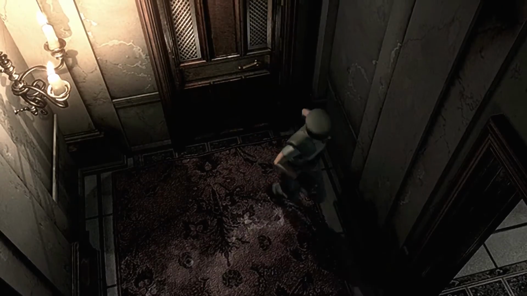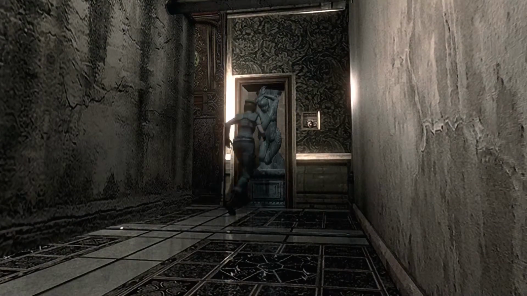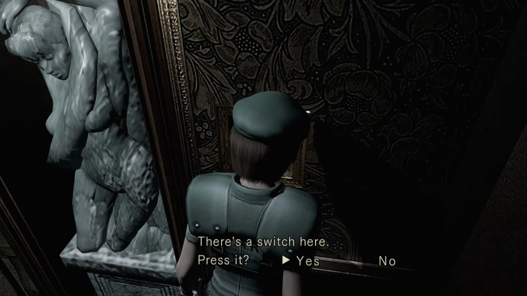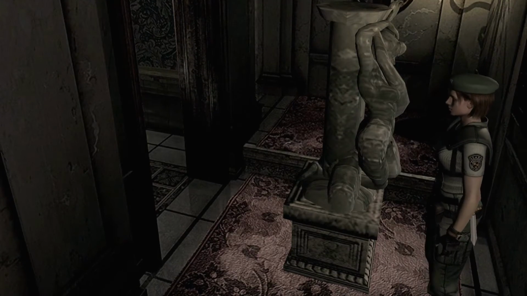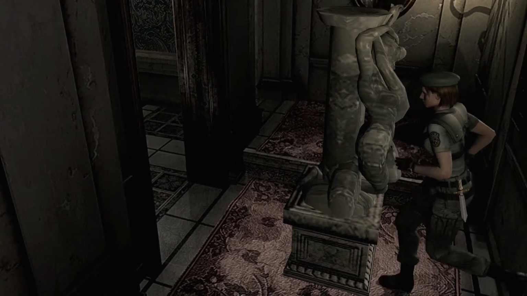Alright, so we can't go through a door here, but we can go through this, which puts us on the other side of the wall. And there's a statue here and a button. There's a switch here, press it. Alright, so I forgot this was this room, so I immediately rushed out onto the floor, which kind of delayed it a little bit, but